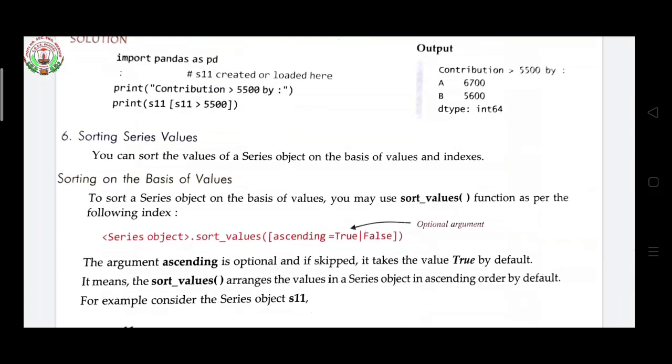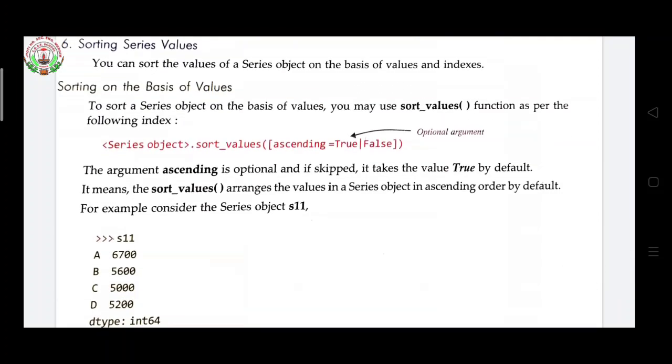Now sorting series values. You can sort the values of a series object on the basis of values and indexes. Sorting on the basis of values: to sort a series object on the basis of values, you may use the sort_values function. You will use sort_values function when you want to sort.